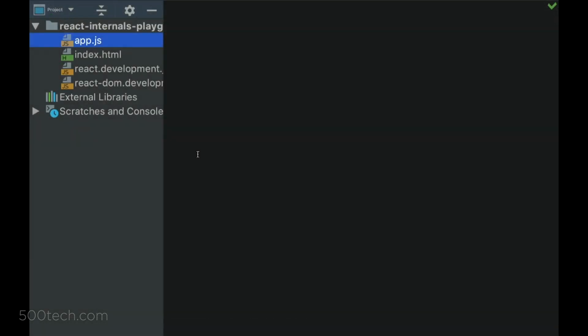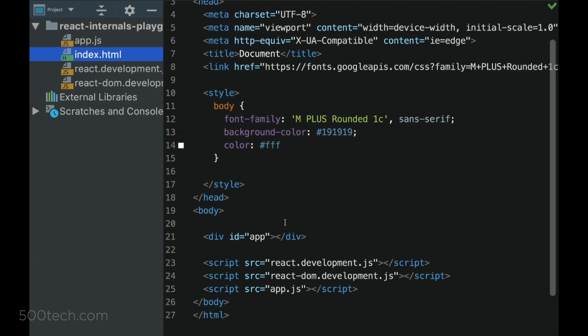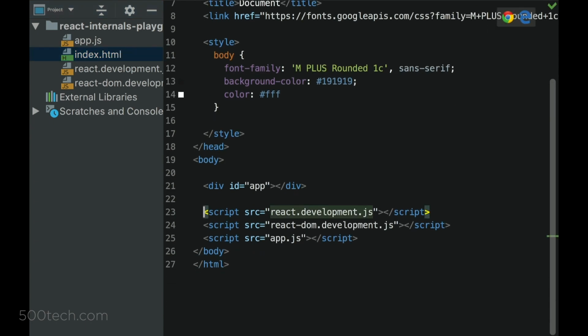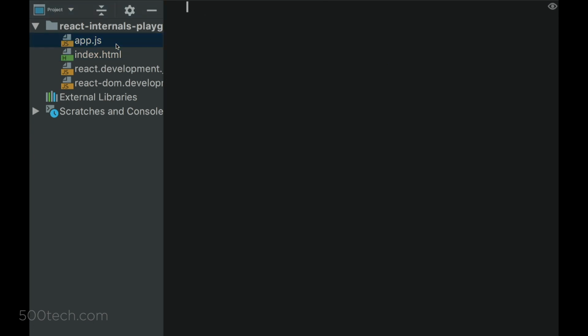When I want to play with the actual framework and peek into the source code, I just use a simple HTML file. I grab the React development and React DOM development, just download them, extract them from the node modules, and basically that's it, an empty JavaScript file. And if I want to render something to the screen, it's